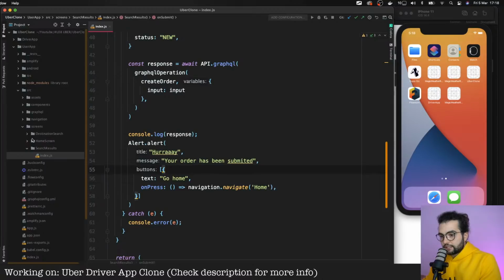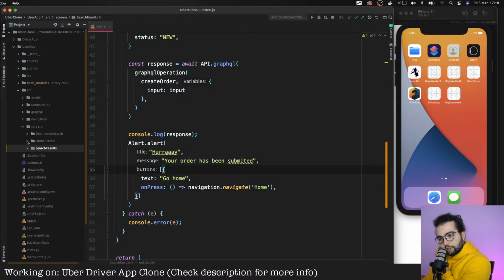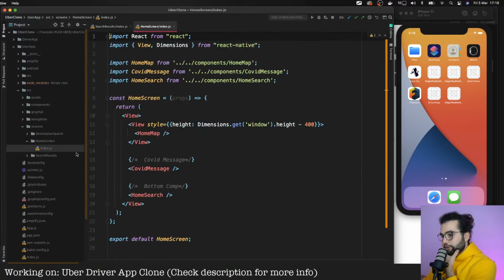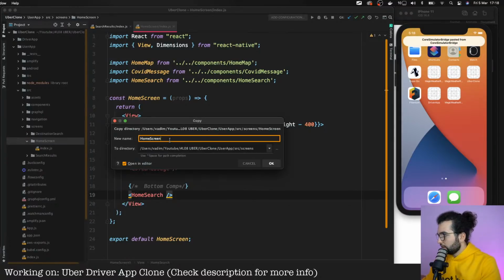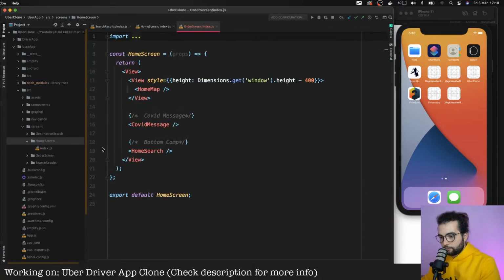So for that reason, what I'm gonna do, should I duplicate the home screen? It has a home map, home search. Let me just duplicate the home screen because I'm too lazy. And that's gonna be the order screen.